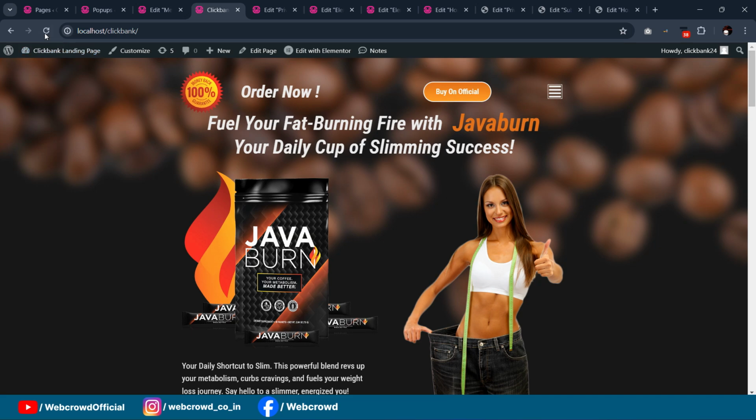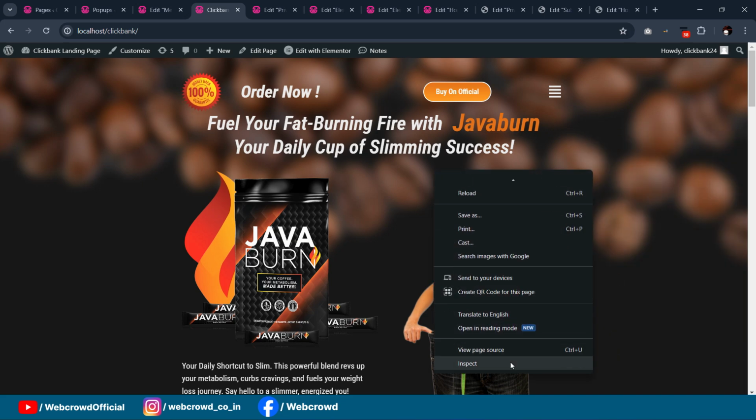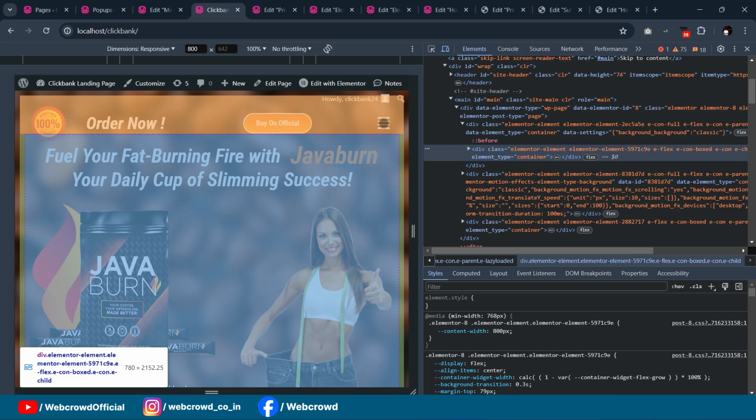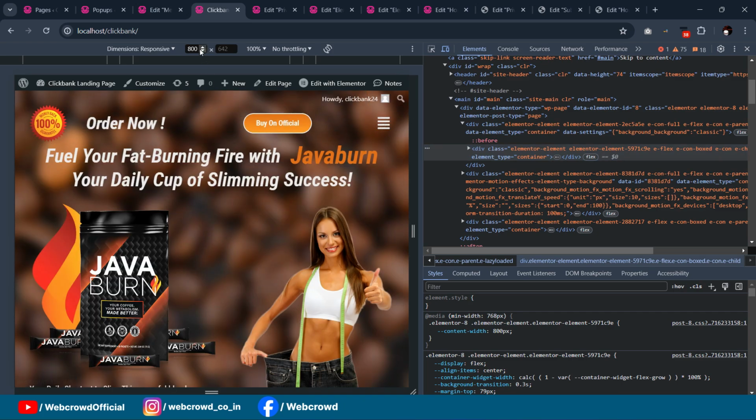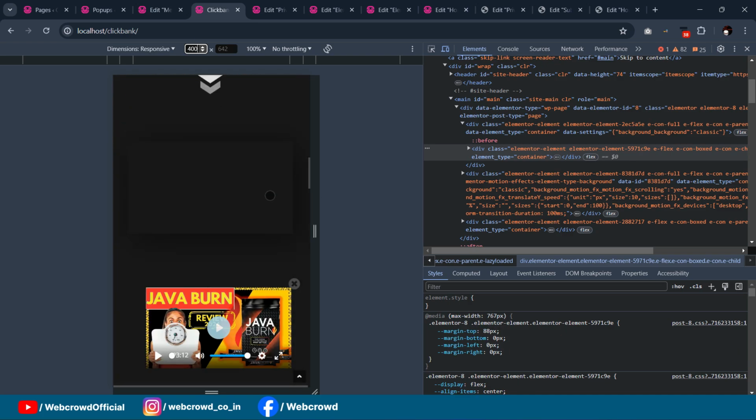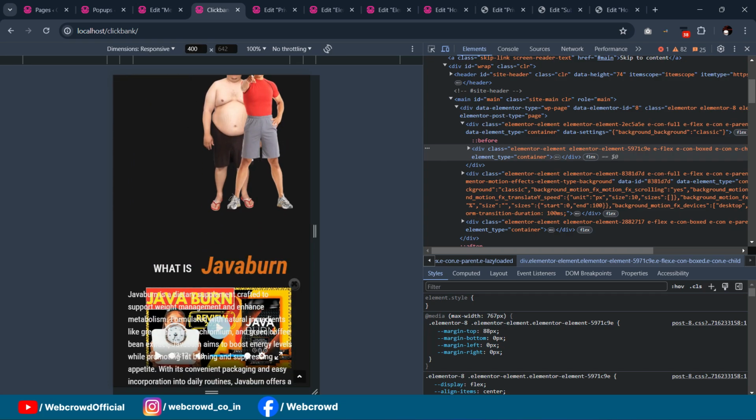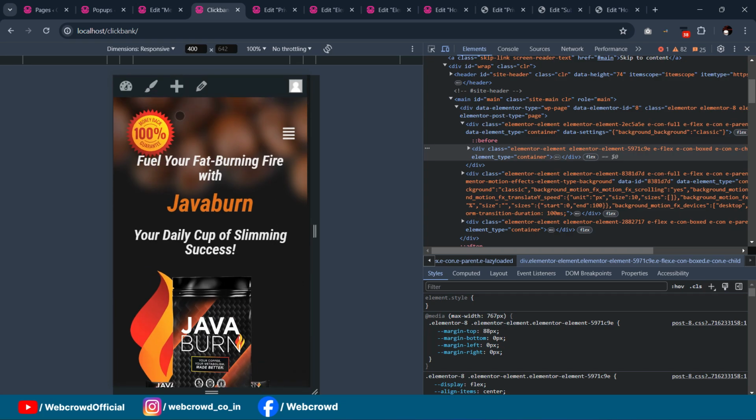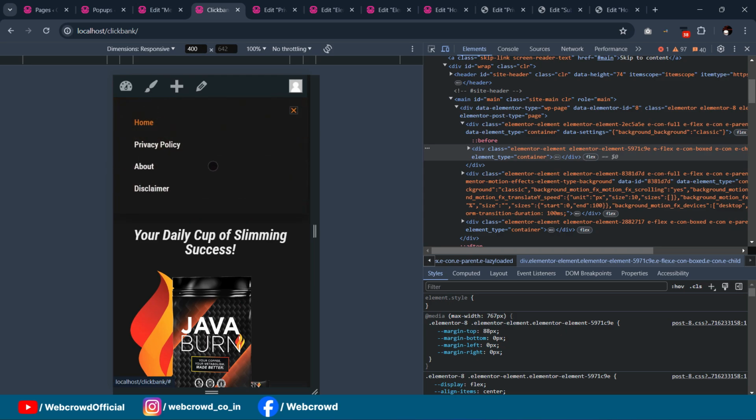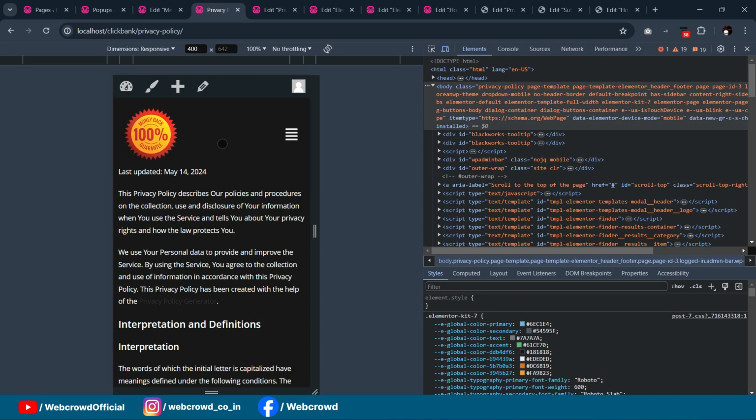Okay, now let's take a preview. Just inspect. So this is the tablet. Okay, now let's change to mobile, which is 400. So this is the mobile. Everything is properly working as we have set in the mobile device. Okay, now let's check this hamburger icon. Click on it and we have our vertical menu. Okay, so everything is properly working,